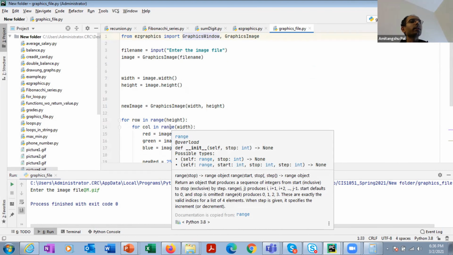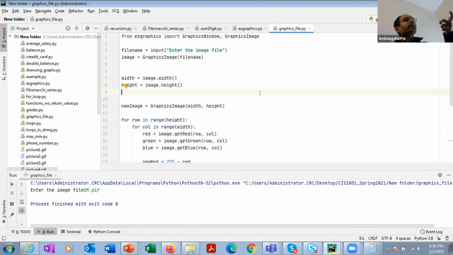For example, if I want to flip the image vertically, or if I want to make the image 15% darker, or if I want to flip the image horizontally, or if I want to rotate the image 90 degrees to the right or 90 degrees to the left. Okay, so there can be different types of image processing functionality.